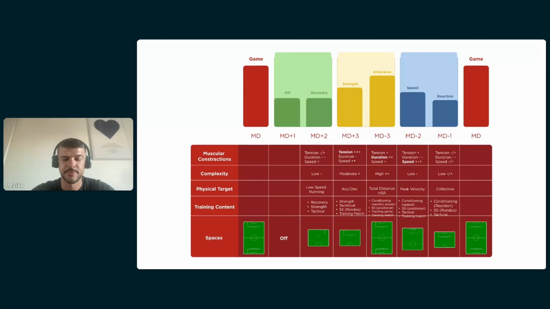Focus on the colors. Anyone? Size of the field? Okay, that's it. So in some games we are emphasizing more some fields and some intensities, 3 levels of intensities,